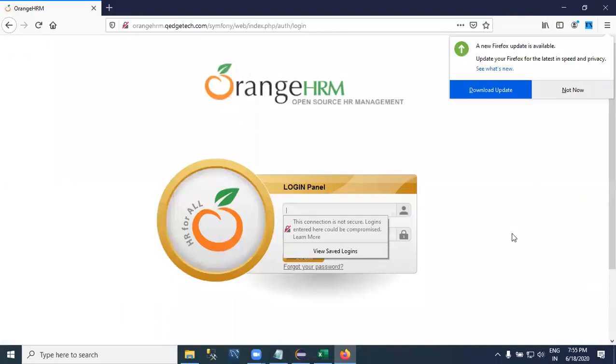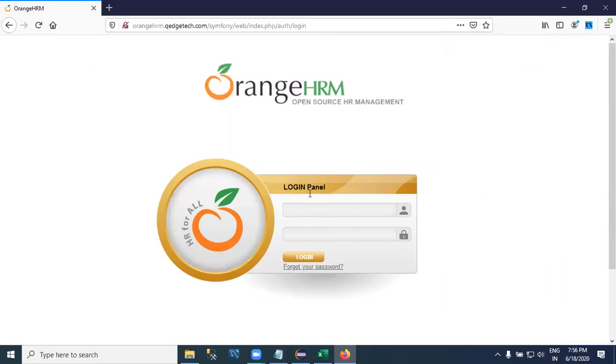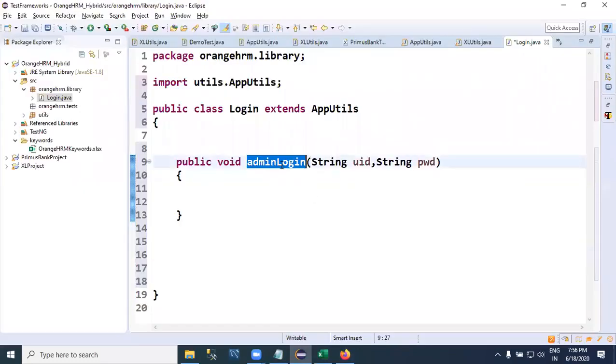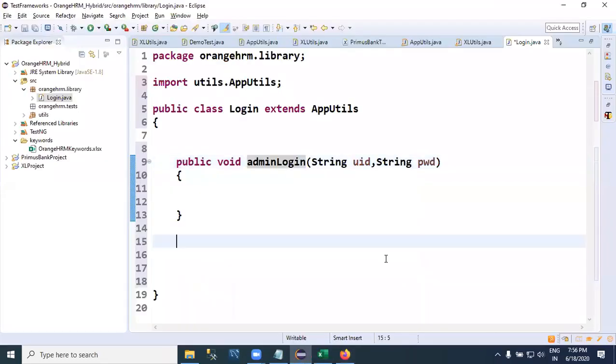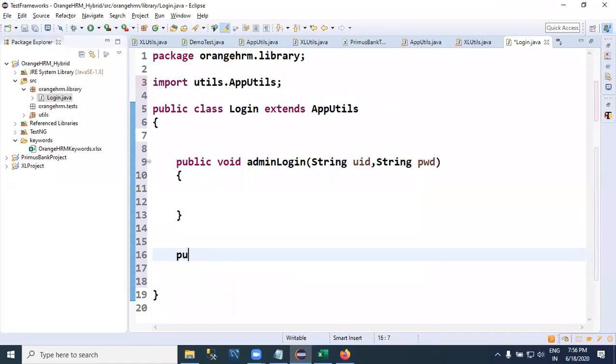Not only admin, even employee also can log in. For admin login, expected behavior of the system should display the admin module. When an employee logs in, system should display the employee module, correct? As expected behavior varies for admin and employee, to have expected behavior I create one more function with the name